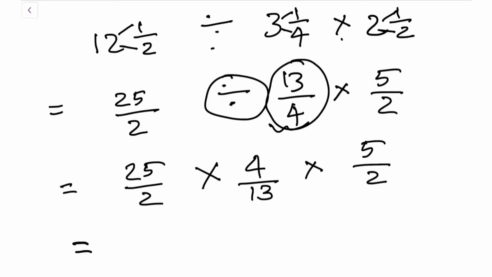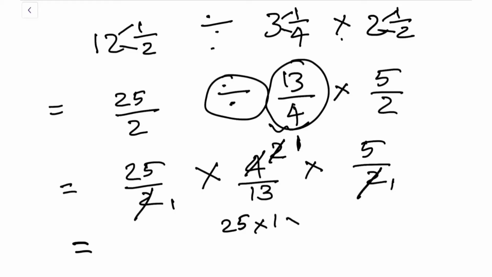Now you can see it is a regular multiplication of fraction problems. How do we do that? Let's look for any common factors. 2 and 4, 2 1s are 2, 2 2s are 4, so 2 is a common factor. That's right. Again we have 2 1s are 2, 2 1s are 2. Alright. Now we don't have any other common factors, so we can go ahead and multiply the numerators and denominators.